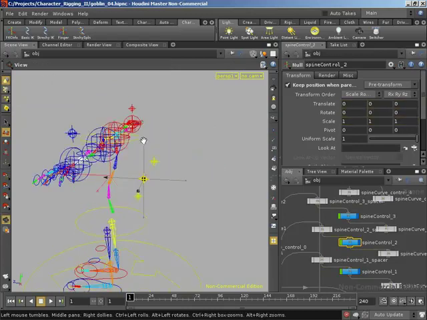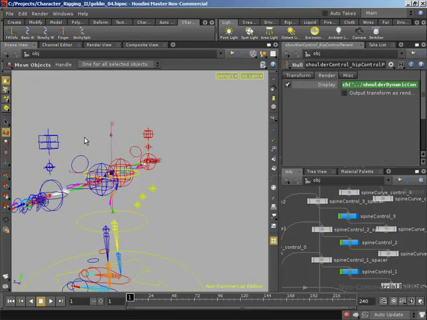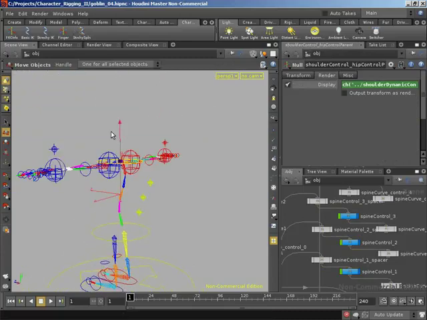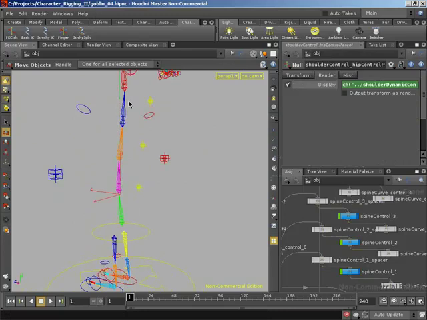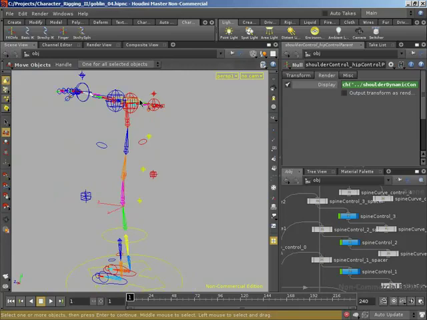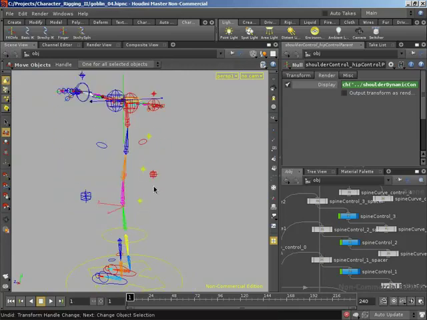But now these controls are going to linearly interpolate between our hips and our shoulders. So that means as we start moving our shoulders out, they're going to expand. As I just wait for Houdini to think for a second. There we go. So they're going to expand,